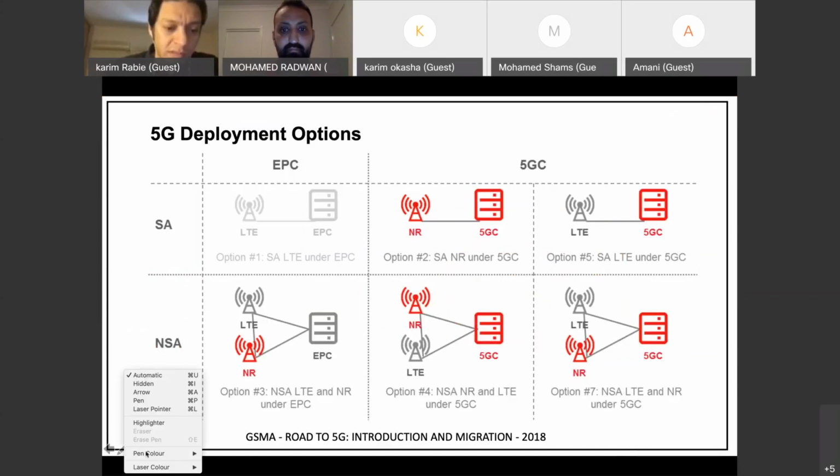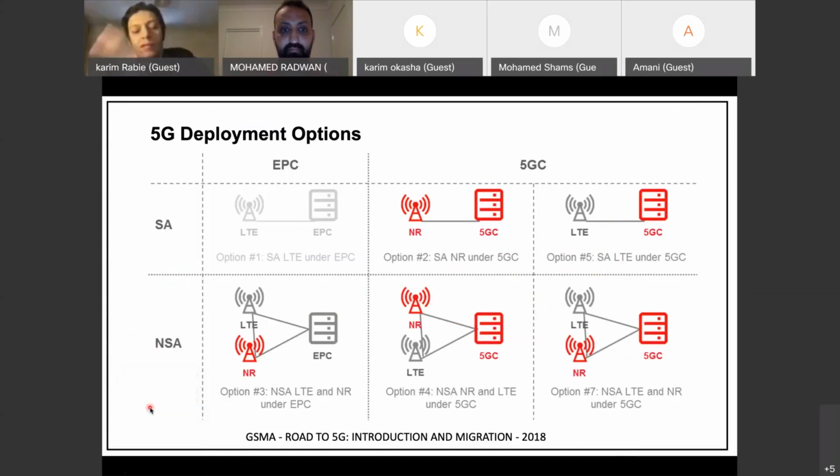So what we can see now is some sort of a map that includes some options. Let's try to read these options together, without any relations between each other. Just try to read what is mentioned there. What is this diagram? In the first row, there's something called SA, and there are some options. It seems the common thing between these options is that it's a single radio solution. So it's either LTE, which is the 4G radio, connected to EPC, or New Radio, which is the 5G radio, with a 5G core, or a hybrid mode with LTE connecting to 5G core.